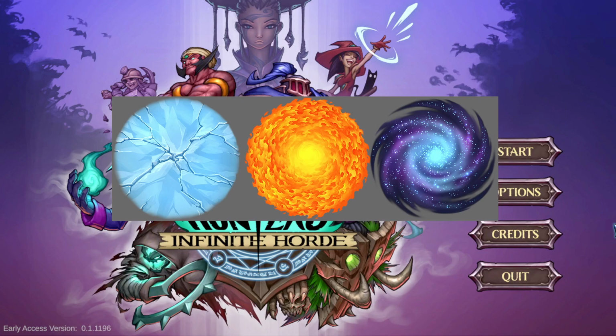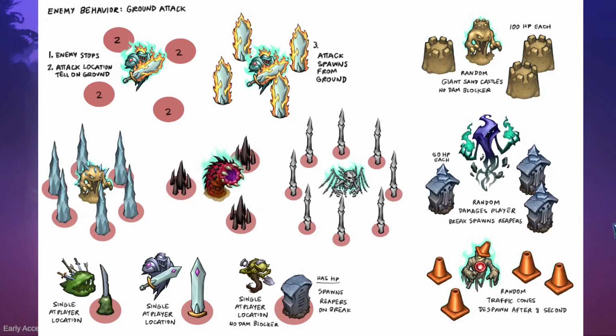From here, we have our 3rd major change, and that is ground attacks. Here we go. In the top left, you can actually see how they will work. An enemy will stop. They will have predictable attack locations. There will be a tell on the ground for where these happen, and then something will erupt from it. There are 2 types of somethings. The left side, I believe, are type 1. Type 1 just being a